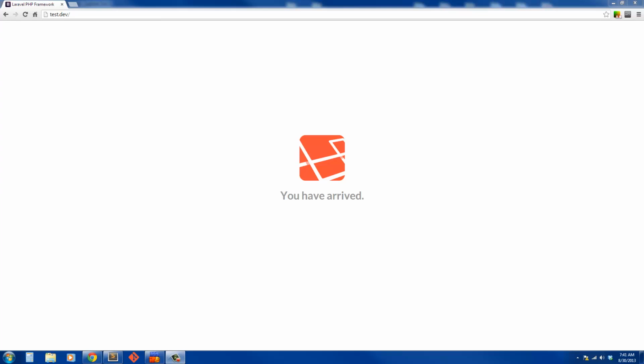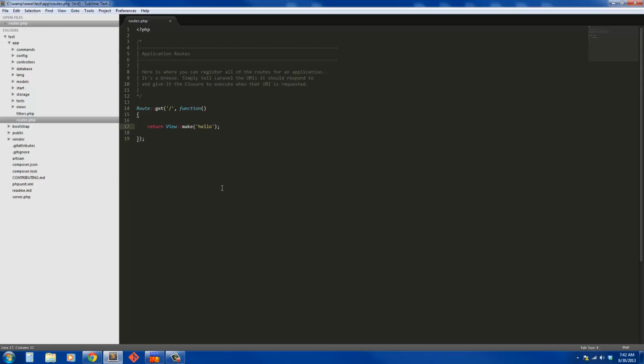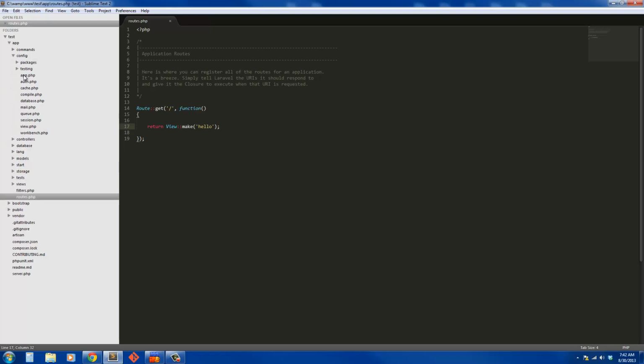Are you having trouble using dates in Laravel 4, or are you looking for an easier way? Well, as luck has it, there is an easier way, and it's called Carbon. Here we're going to go into, I believe I already have it set up for this demonstration, but the easiest